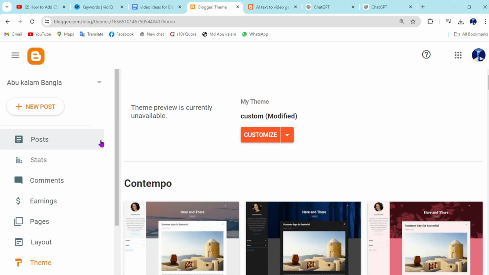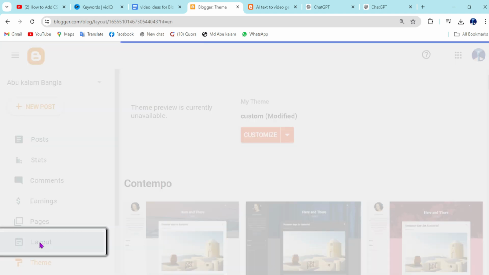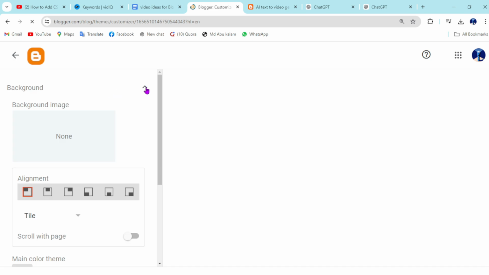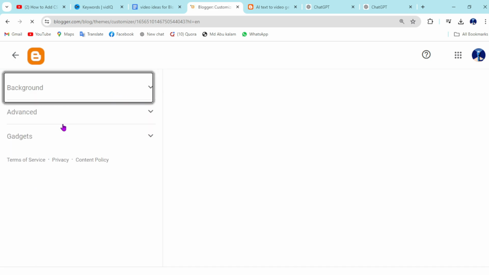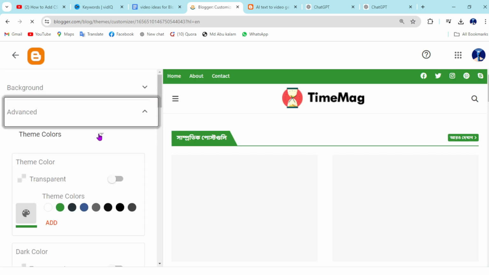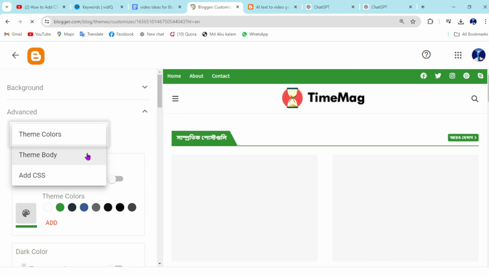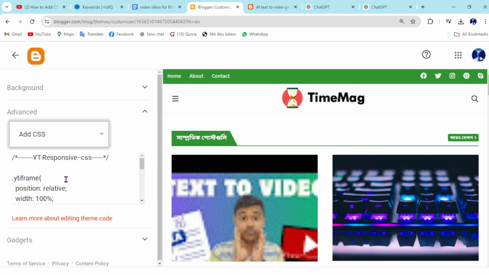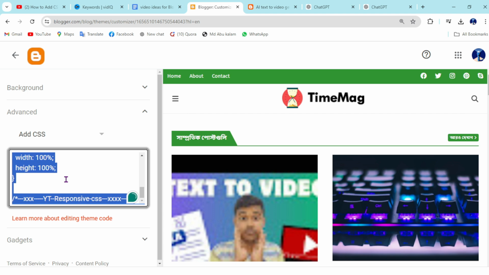First, you need to log in with your Gmail on blogger.com, then click the Layout option, then again click on Theme Designer, then select Advanced mode, then click on these three menu dots, then Add CSS. You can see this Add CSS. Now click on here, then paste your